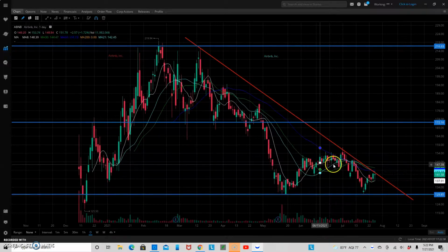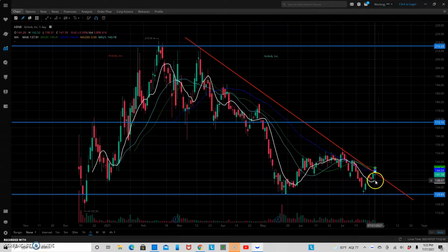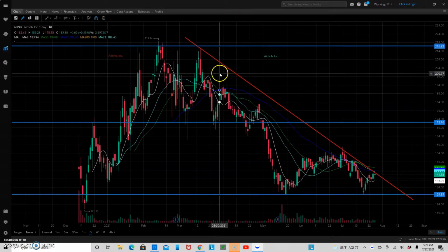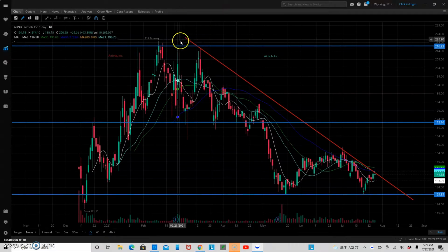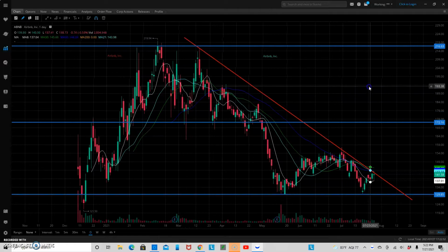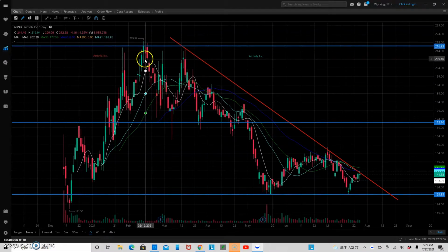So just about a week or two ago, we saw another bounce off this support, and it looks like we're trending higher at the moment here. But as you can see from my chart here, I do have a red line going down my chart, and that is the downtrend that this thing has been stuck in ever since making these all-time highs back in